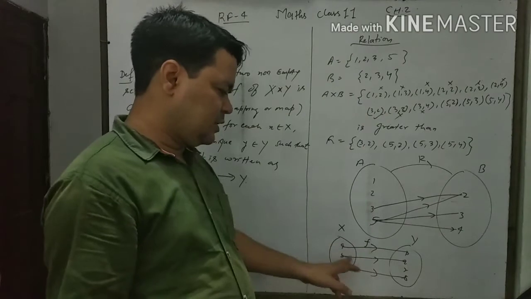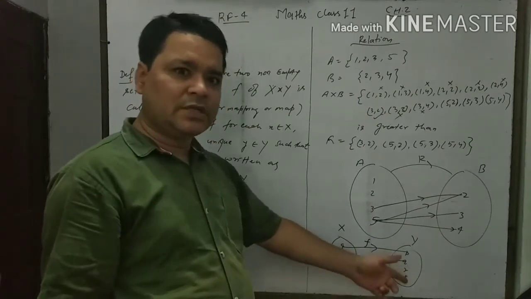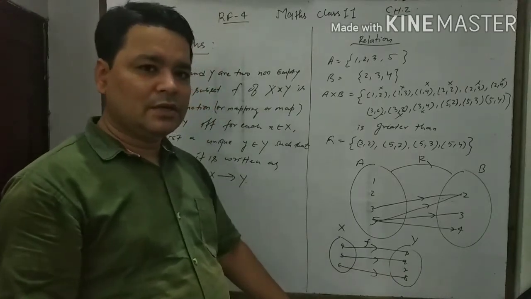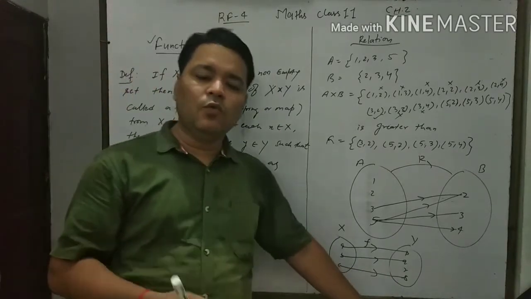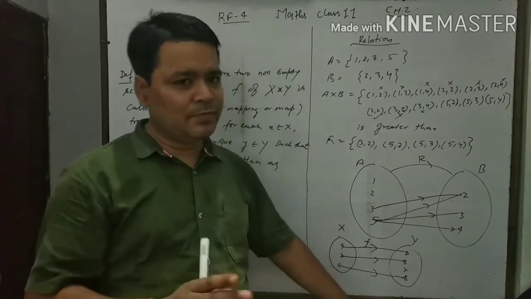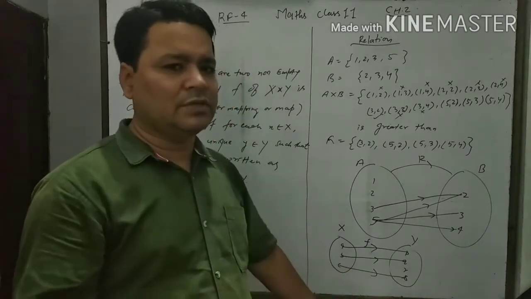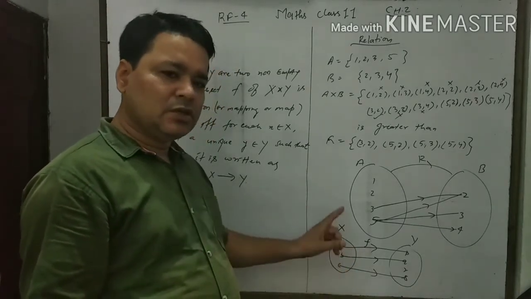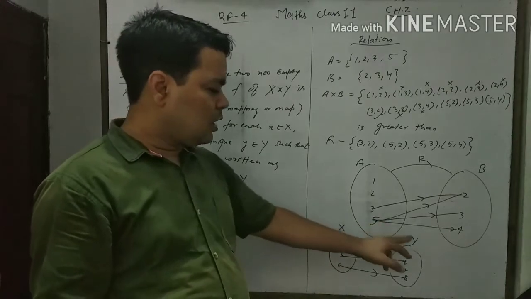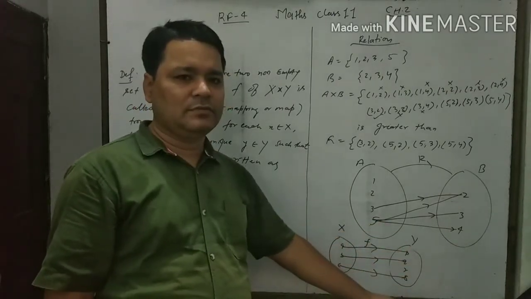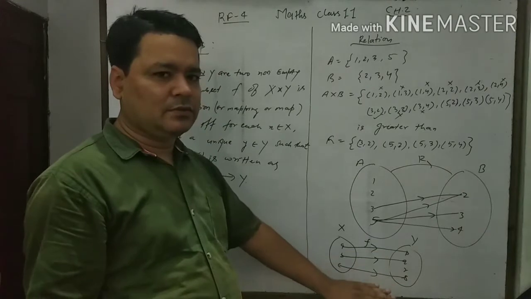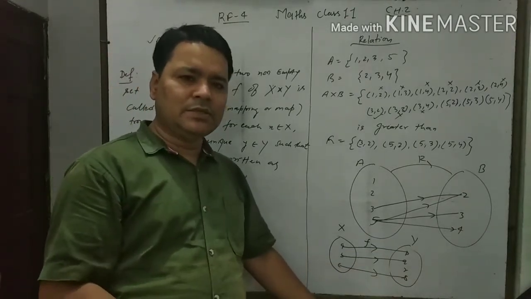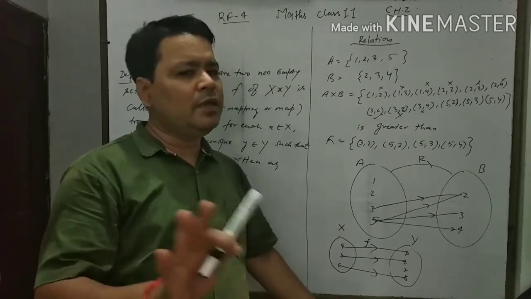And here this is a relation but a special type of relation. Therefore it is a function. And what is the condition for a function? It means now we have terms and conditions for a relation to be a function. What is the condition? Each element of X should be related to a unique element of Y. Therefore it is a function. Hence each function is a relation, but each relation need not be a function.